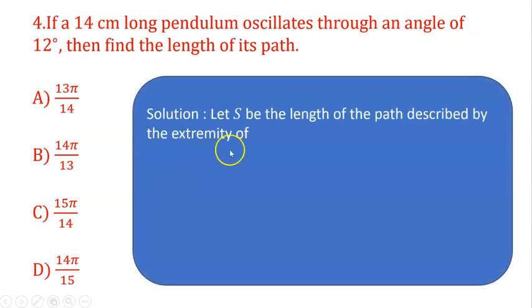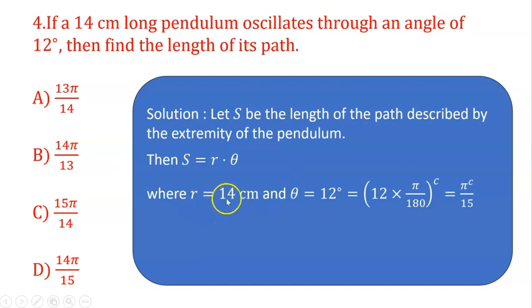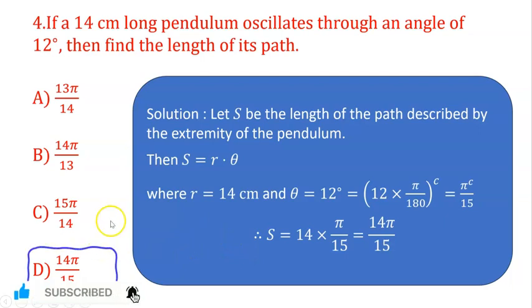Now, see this here. Let s be the length of the path described by the extremity of the pendulum. Then s is equal to r theta. Okay, r is equal to 14 centimeter. Theta is equal to 12 degree. We will convert to the radian by multiplying by pi upon 180, and after simplification you will get here pi upon 15 radian. Okay, and hence s is equal to r into theta. R is 14 into pi upon 15, and then after simplification you will get here 14 pi upon 15, and hence option D is correct here. Now next,